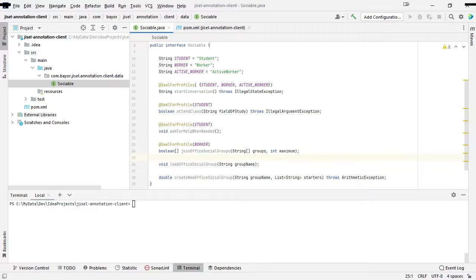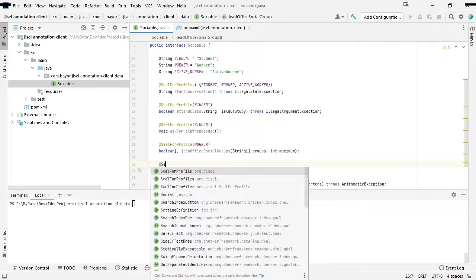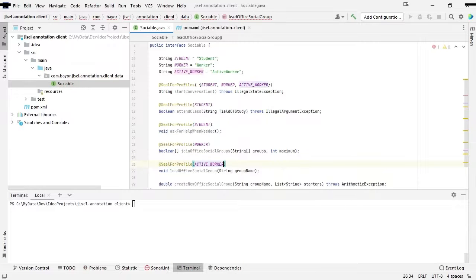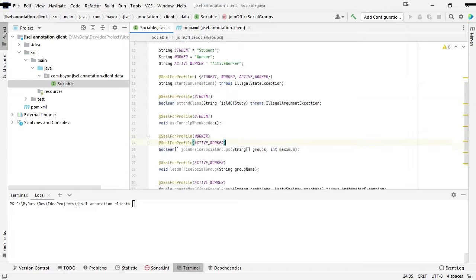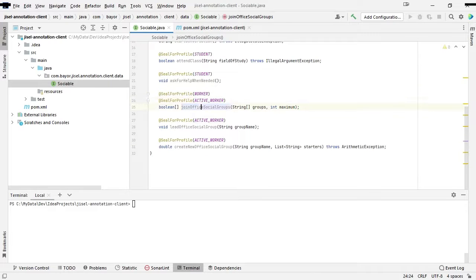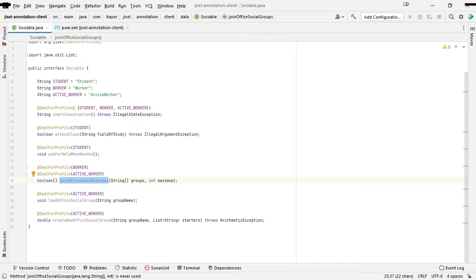As we can see here, specifically to active worker first, we have this, and that we're just gonna copy paste. And additionally to that, it also shares the same method as the worker, which is join office social group. So this is basically what using our library looks like.